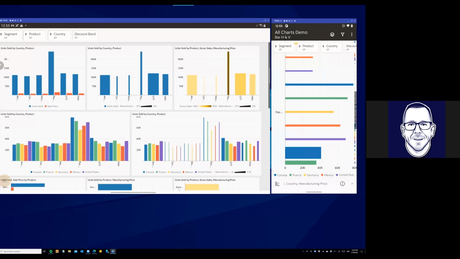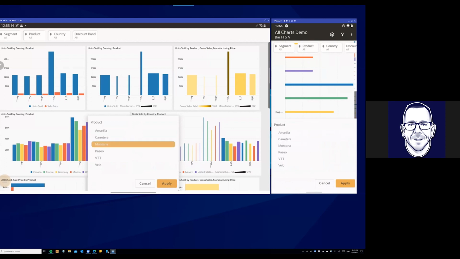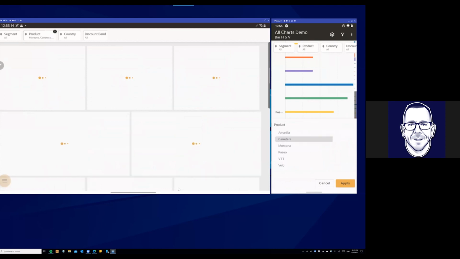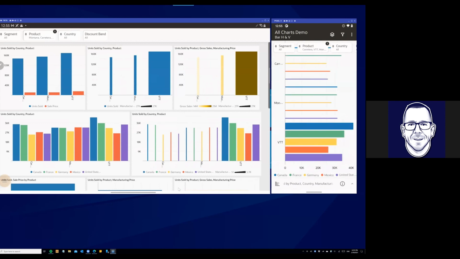Everything's nice and interactive. You've got your prompts now. I think I showed this a couple of months ago and we didn't have prompts enabled. So here you can see that I can prompt away. The interaction model, you're probably seeing this and thinking it's no big deal. It's pretty straightforward. That's the point, for it to be super simple, super straightforward for your users to see.